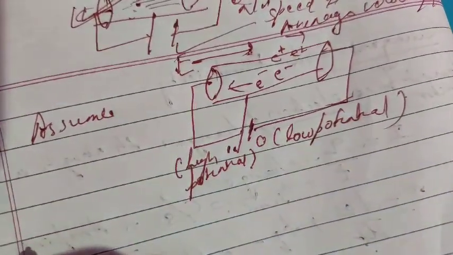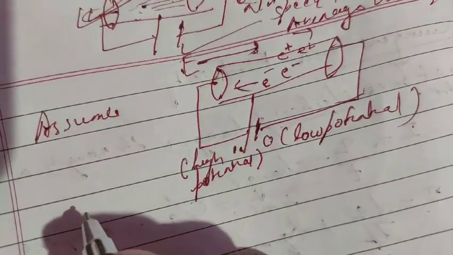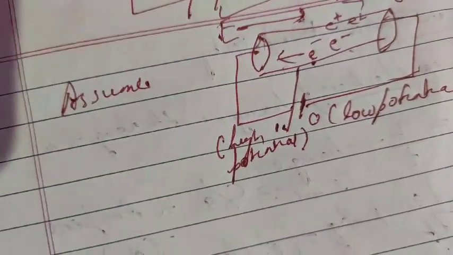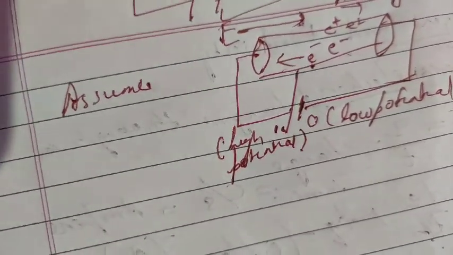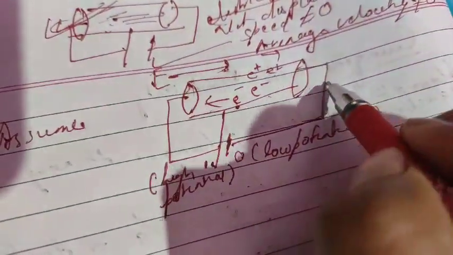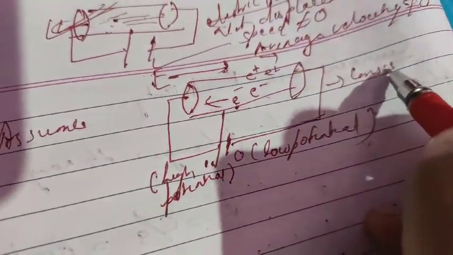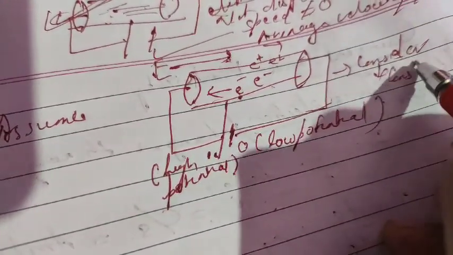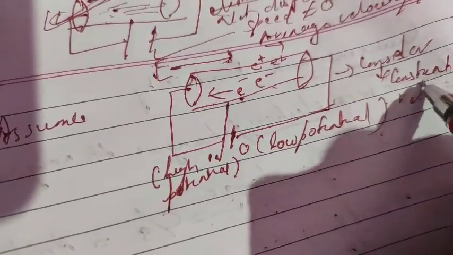Okay. Now the velocity, what happens here? They are all moving with constant, means uniform, velocity. If they move randomly, student, collisions will occur and there is a generation of heat. So that is not our requirement. What we have to consider is that the charge is moving with constant velocity.